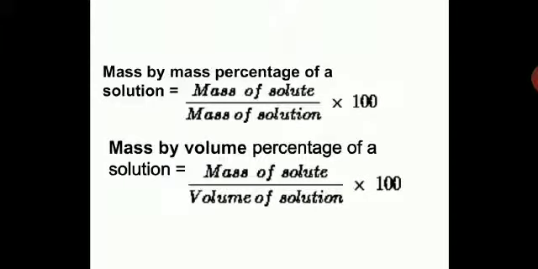So mass by mass percentage of a solution, you take down this formula. Mass by mass percentage of a solution is mass of solute upon mass of solution. Even if you have water, you can take a mass of water into 100. That gives you the mass percentage of a solution. When you do some solving, this formula will be extremely helpful. You kindly take down these, children. And mass by volume percentage of a solution is mass of solute upon volume of solution into 100. So please take down these two formulas, extremely important, children. We will apply these formulas when we do numericals based on this.